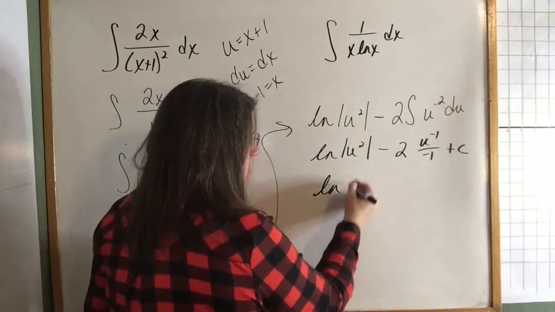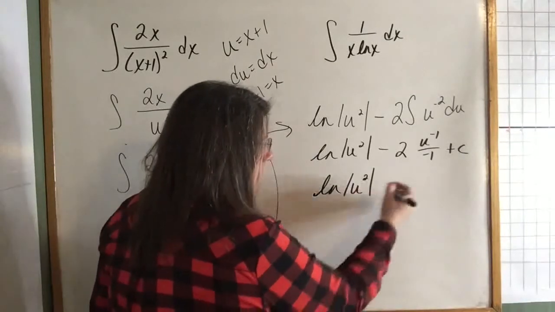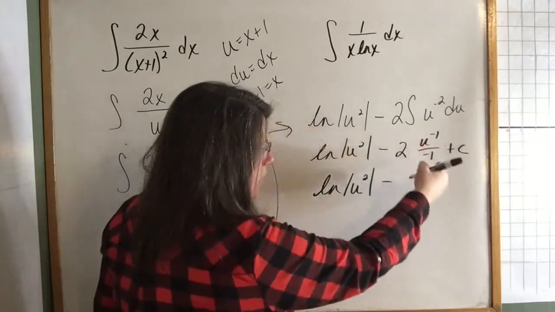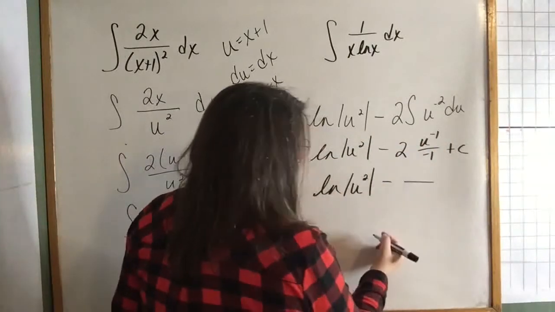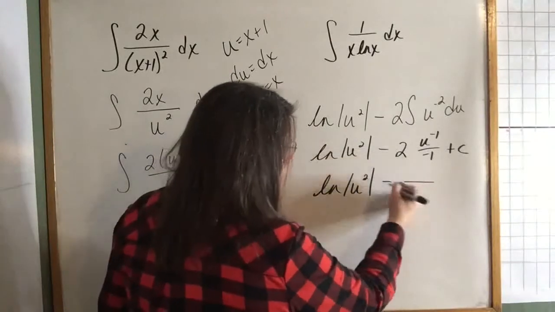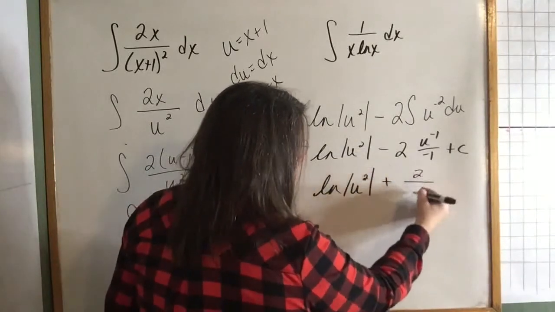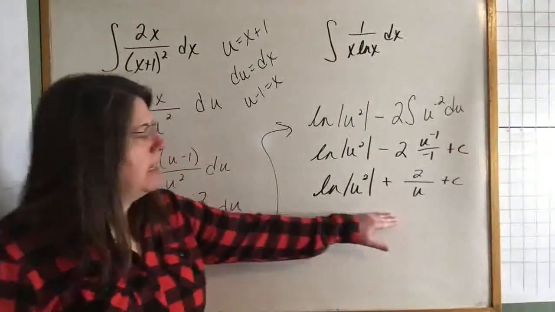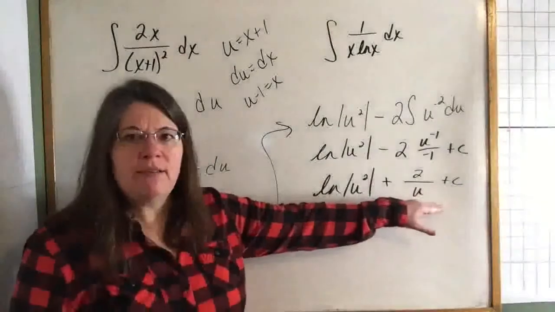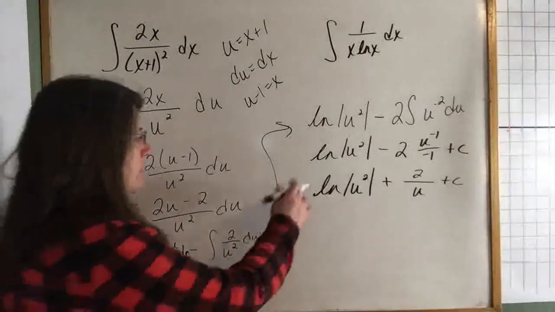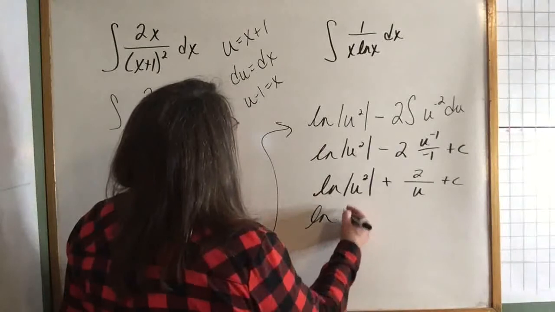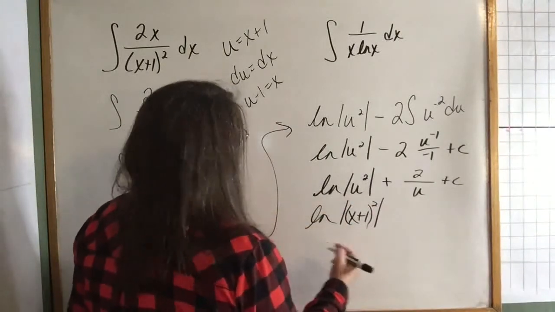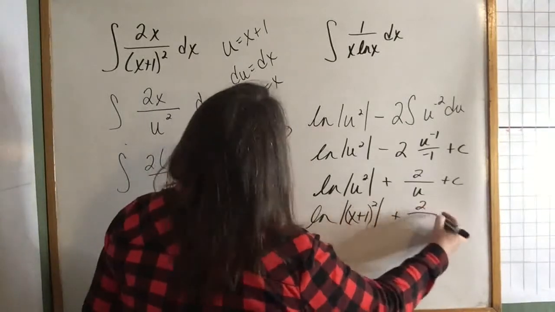So here's the natural log part, or natural log of the absolute value of u squared minus, now I can put that u to the -1 on the bottom, and that's going to be a minus a negative, so that'll be a plus 2 over u plus c. And that would be almost my final answer. I just have to resubstitute the u's next. So that would be the natural log of the absolute value of x plus 1 squared plus 2 over x plus 1